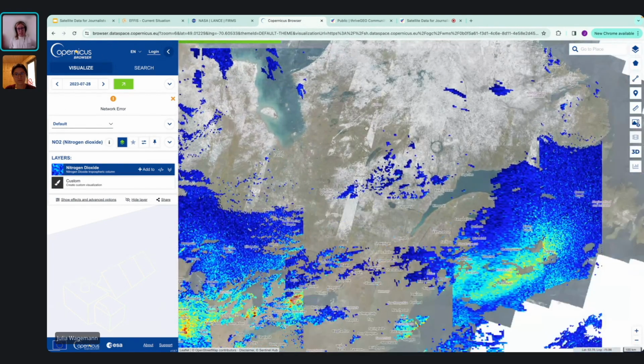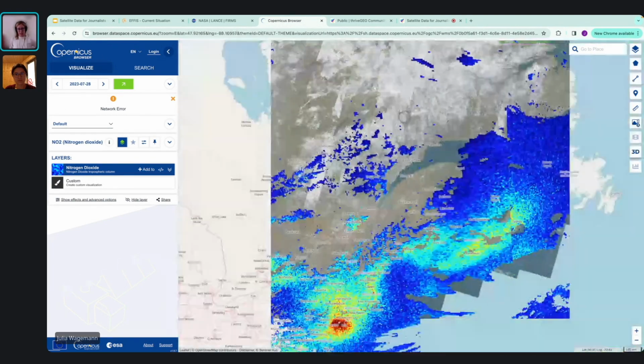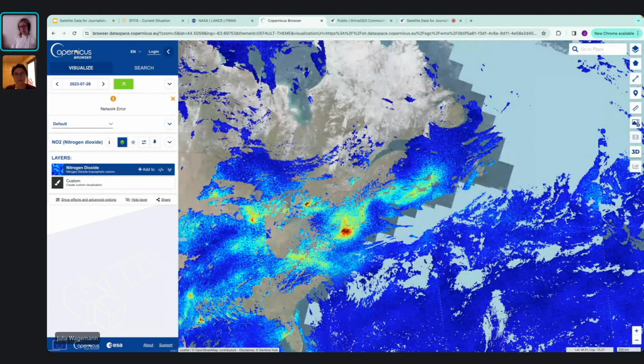And as you see already, with Sentinel-5P, we are again impacted by clouds and also the data quality for some aspects. But the data that is available, if we zoom out, we see already that, for example, over New York, we have an increased level of nitrogen dioxide for the 28th of July.